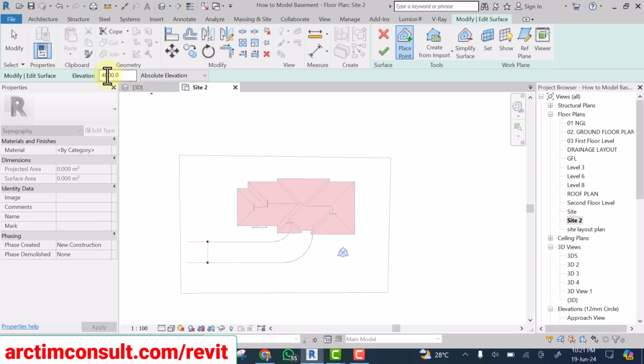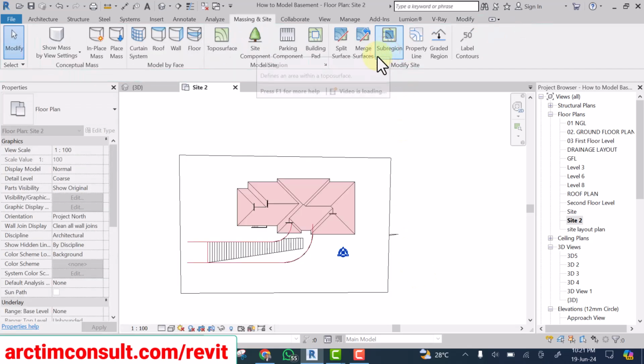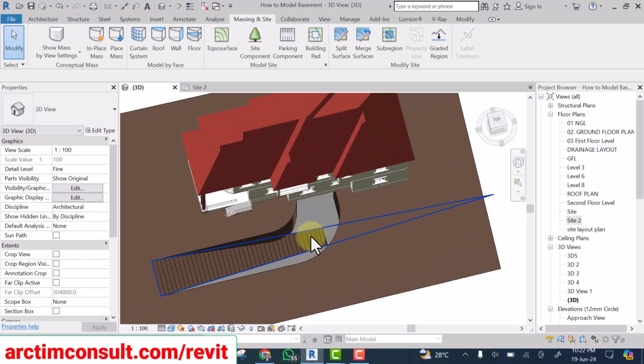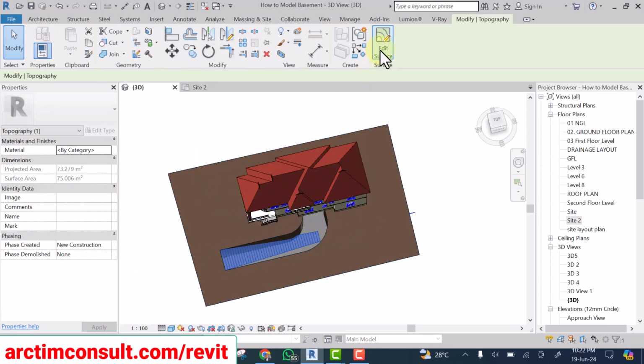Then I am going to reduce it to negative 4,000 and drop 1 point around here. And let me finish it and see how it looks. Okay, now you see how it looks. Let me edit it